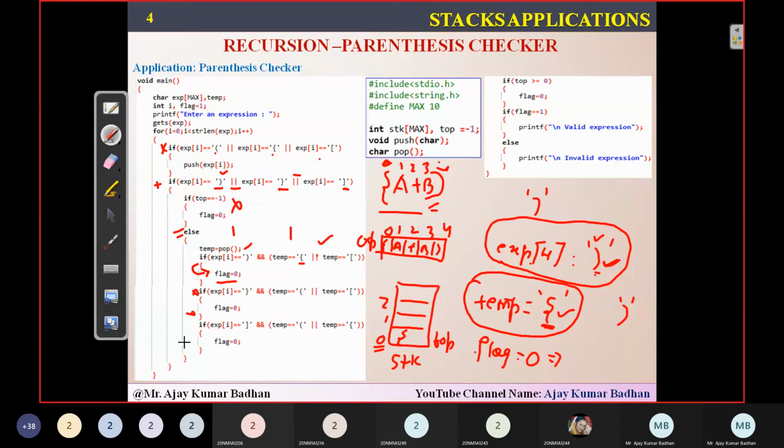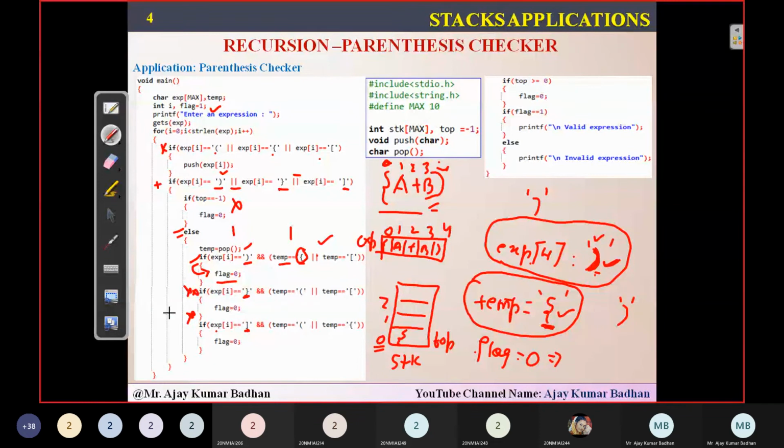Okay. So the remaining conditions will not execute. It will check, but you will not get it because expression of I equal to closed curly braces, but what is the one we have? Normal bracket. Here expression of I is equal to closed square bracket, but what is the one we have? Normal. So these two conditions will fail. But this condition is true. And here in temp, I am having an open curly brace, and the one which I am expecting here is this. So definitely the condition failed. So flag is equal to 0. Initially flag is how much? 1. Now it has become 0.